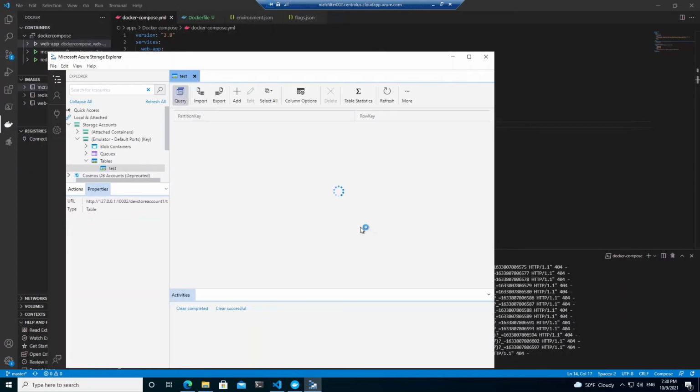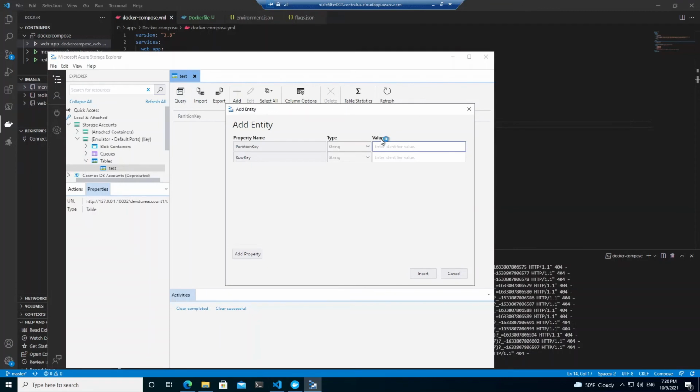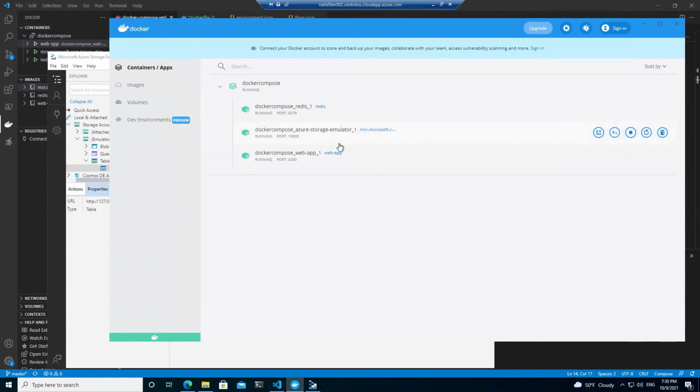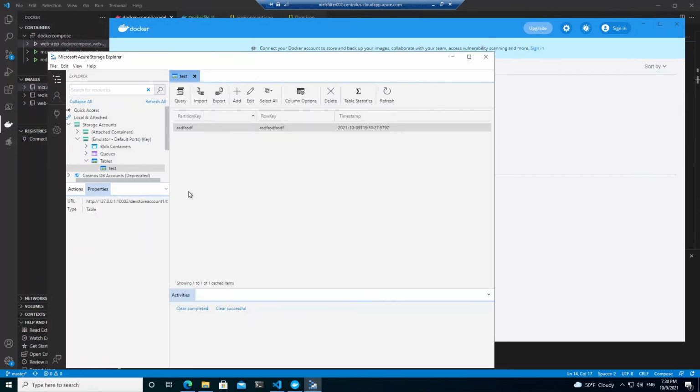Test, and here I've got my first NoSQL entry, about to create something, partition key, row key, very useful. There we go, and that's up and running. And if I were to stop this and start this again, you'd actually see that it persists because of the volume that I created for that. So if I say stop over here, and now if I go over here and say refresh,